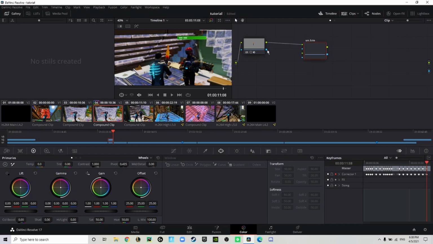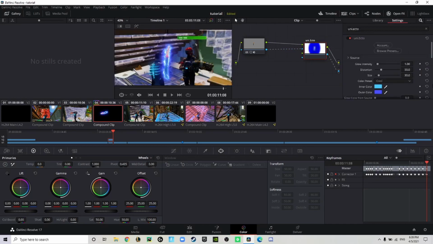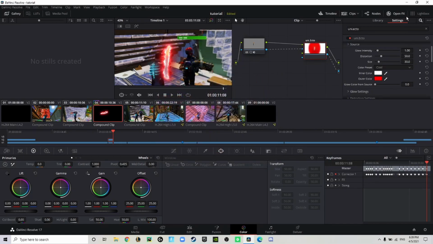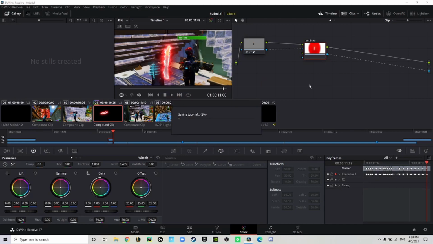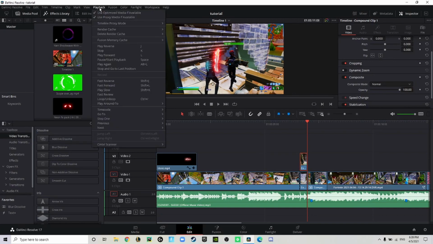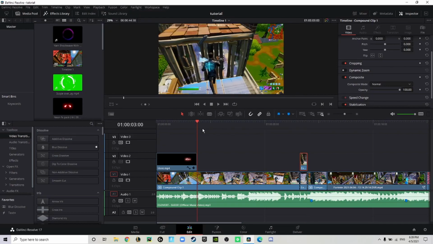Now connect both the green and the blue to your uni.ecto and connect them in here. Now the default is blue, but I want to use this time with white in and red out. By the way, Control S is to save. You can name it whatever you want. I named the project tutorial. So now if the playback is laggy, go on playback, click timeline proxy mode, and click quarter resolution. So now you can see